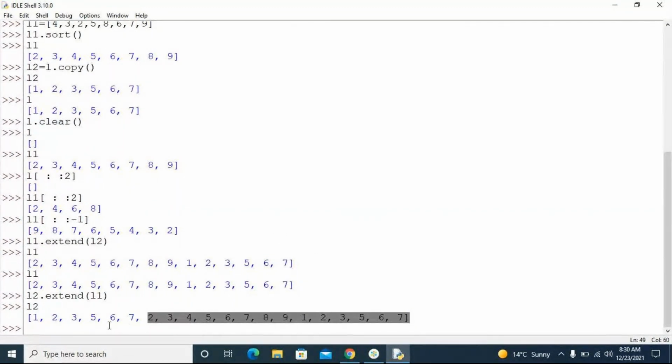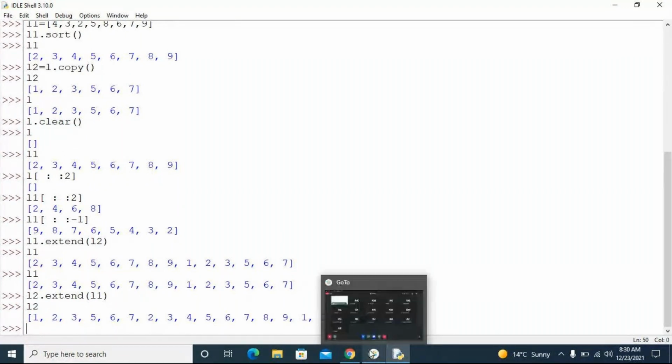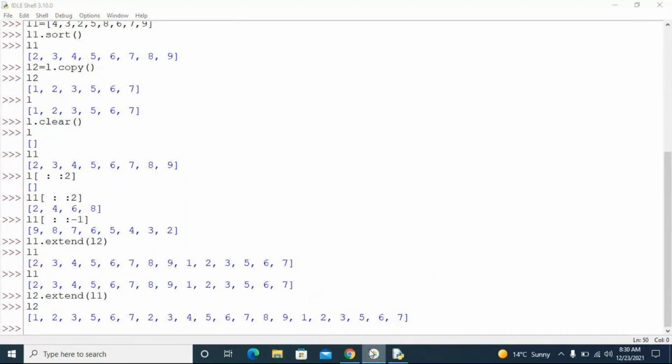Now we will see something called tuple. Tuple is an immutable data type. What is an immutable data type? The only thing you need to remember in a very simple context is that when it is an immutable data type, you cannot add or remove elements. So we cannot use any methods which can add or remove from the tuple.